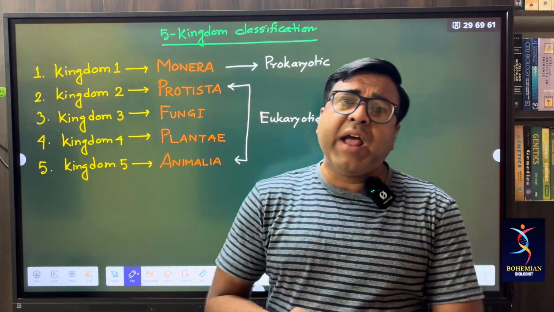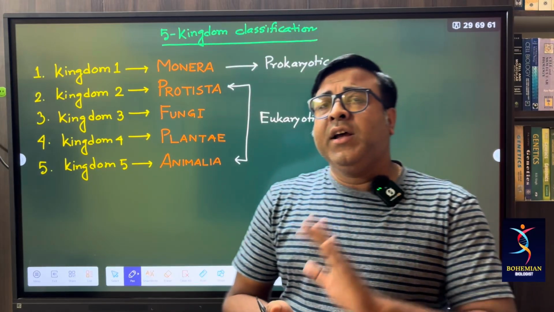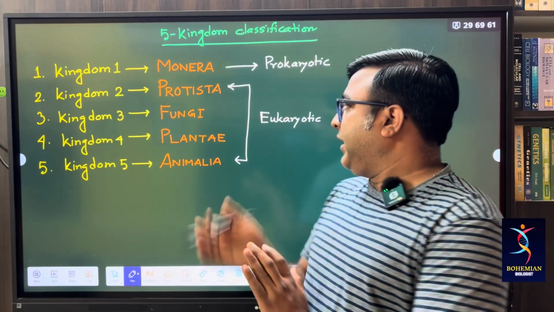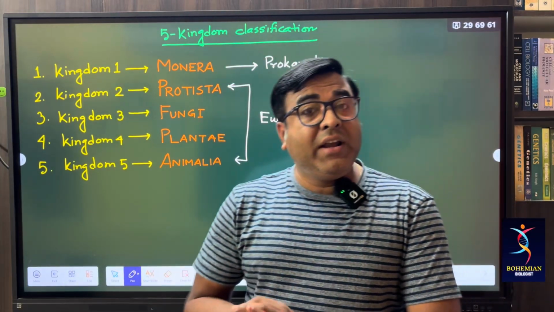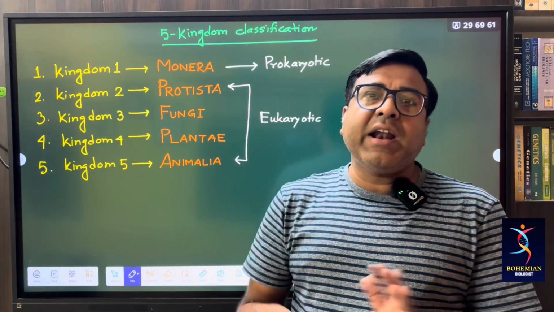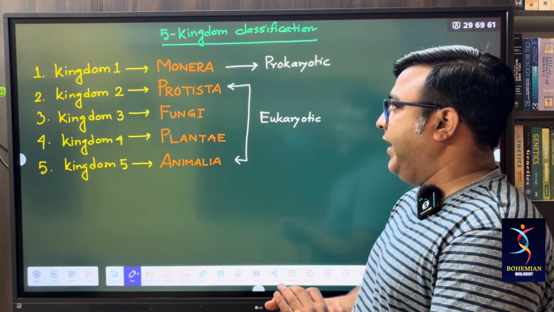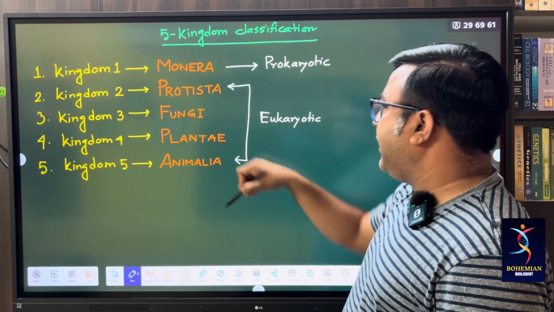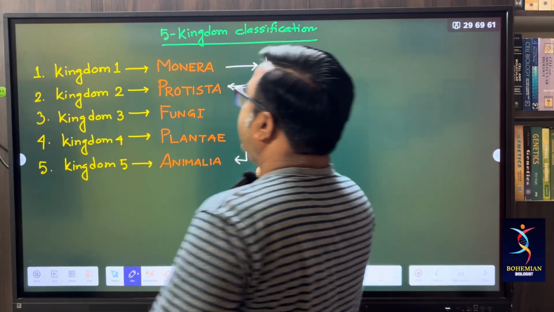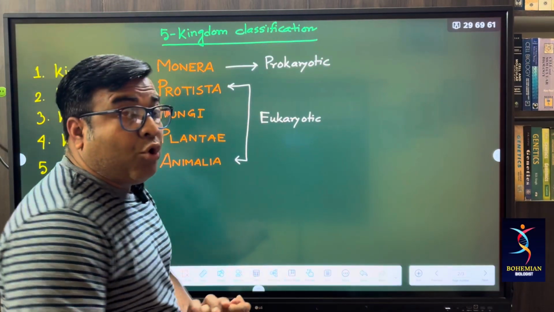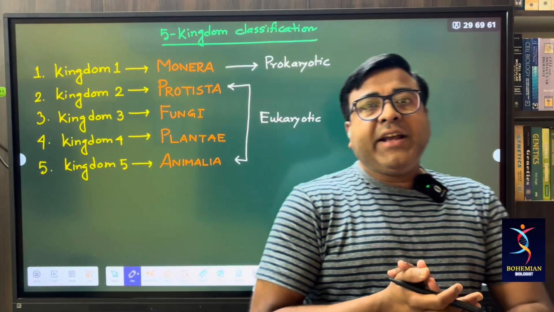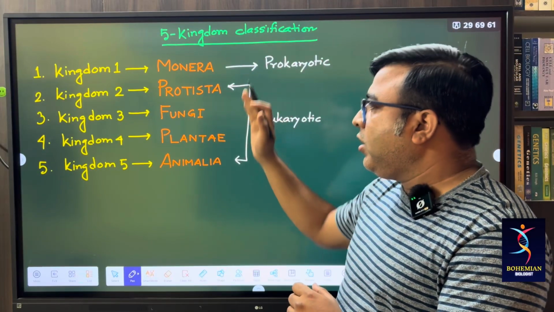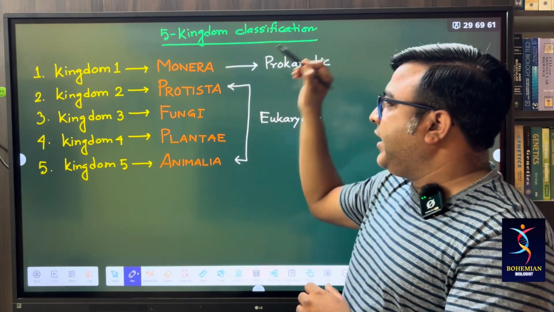There are basically 2 types of cell: the prokaryotic cell, which has no well-defined nucleus, but the eukaryotic cell has a well-defined nucleus and well-organized cellular structure. So in kingdoms 2 to 5, all cells are eukaryotic, and in Monera, all are prokaryotic. So prokaryotes have a single kingdom, Monera, and eukaryotes have 4 kingdoms, kingdoms 2 to 5, that is Protista,